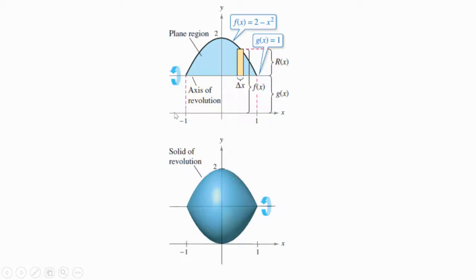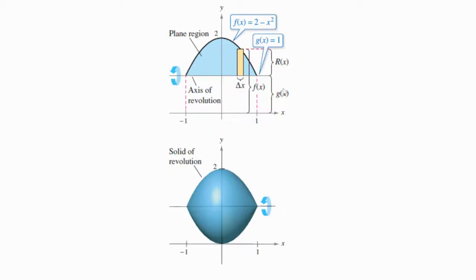Now, here is an x, y axis. So here is the x-axis, and here is the y-axis. But we are not revolving it around the x-axis. The axis of revolution is y equal 1. So if we go up 1 on the y-axis, this is the line y equal 1. So you see, this is where we put this little circle thing because that's the one that we're rotating it